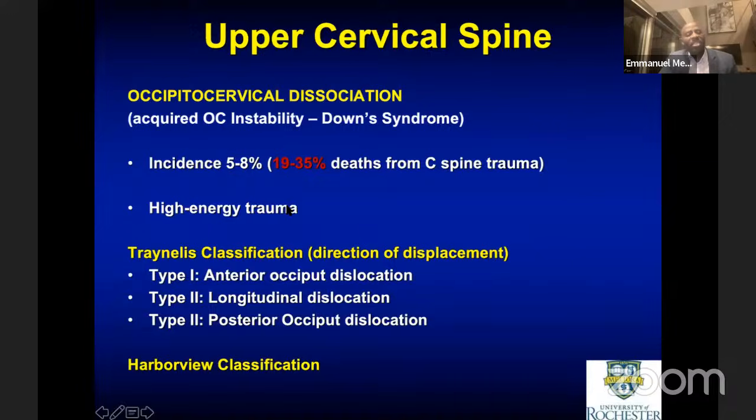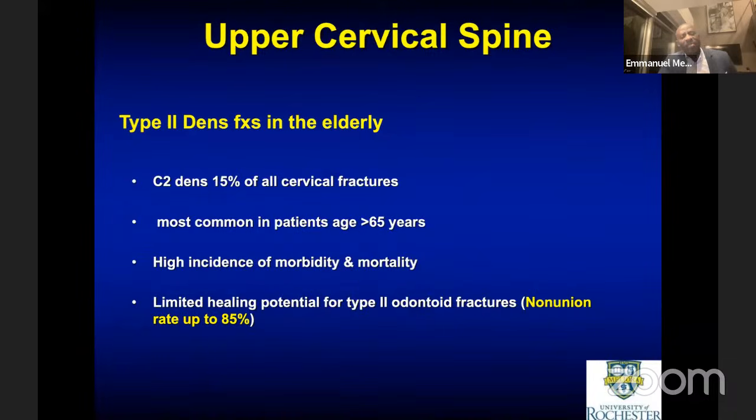It's typically a high energy trauma. You have different classifications. There's a Traynelis classification and a Harborview classification. Type 2 dens fracture is the one we think most of us can say we've seen. Type 2 dens fracture in elderly patients is also a very common upper cervical spine injury, with